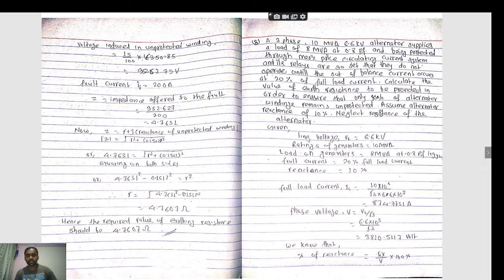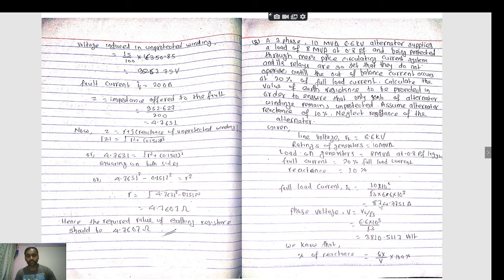In this question, given line voltage VL equals 6.6 kV, rating of generator equals 10 MVA, load on generator equals 8 MVA at 0.8 power factor lagging, fault current equals 20% of full load current, reactance equals 10%, and resistance of the alternator is neglected. Now full load current equals the generator MVA rating divided by √3 VL, that is 10 into 10 to the power 6 divided by √3 into 6.6 into 10 to the power 3,